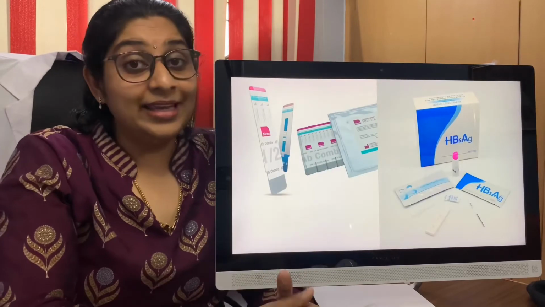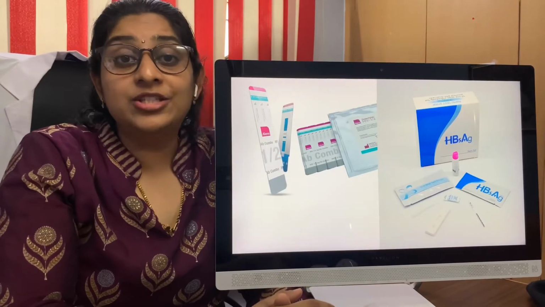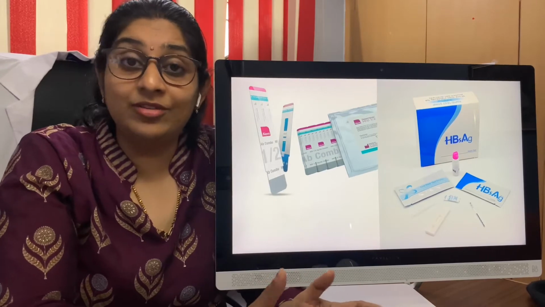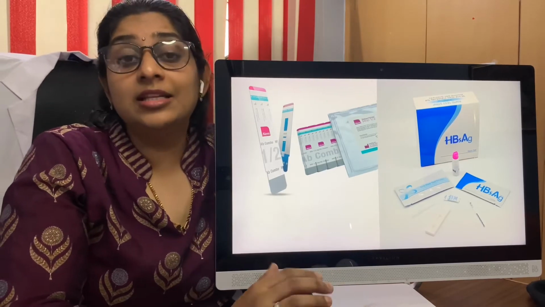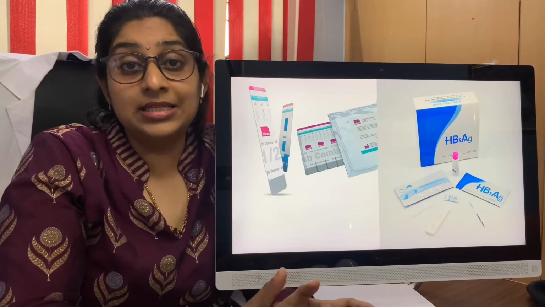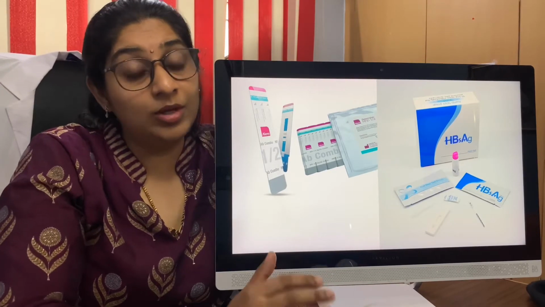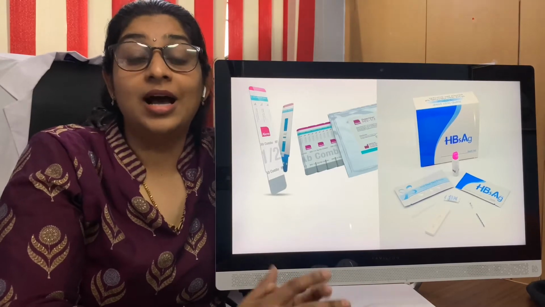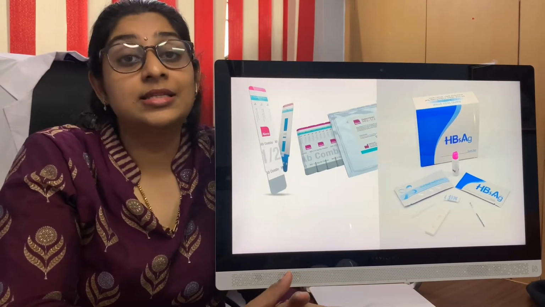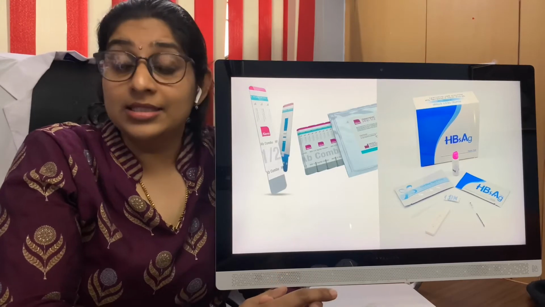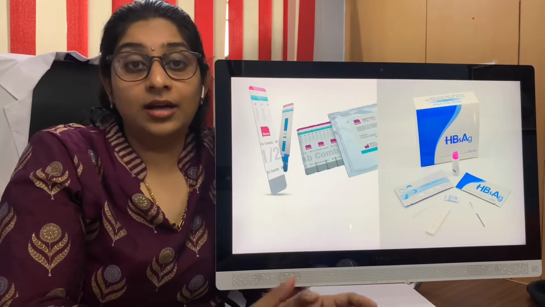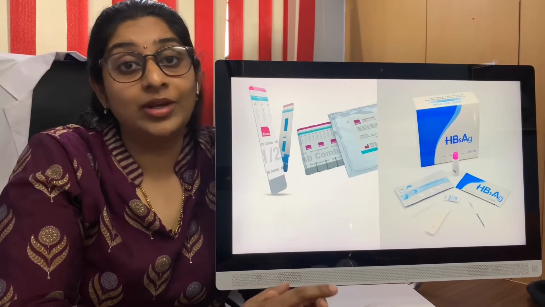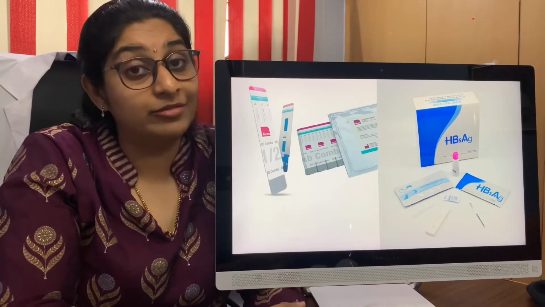Next is the infectious panel. In the infectious panel, the most common in India are HIV, HBsAg, HCV and the VDRL. So these are the most common infectious diseases in India. Apart from that, you have one more thing in the world, which I'll be talking about later. All these four are usually asked for by surgeons or anesthetists before a patient goes in for surgery. For all these infectious diseases you have rapid cards available, with which you can get the report in less than 20 to 25 minutes.